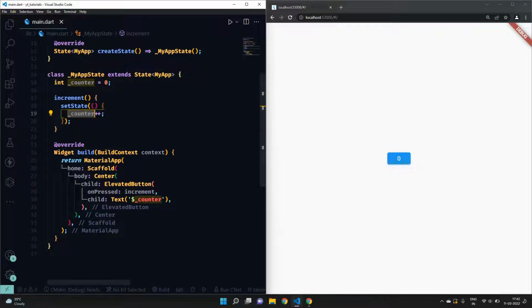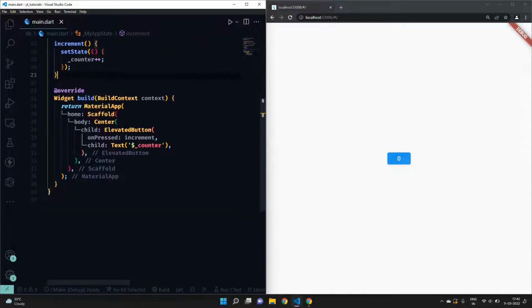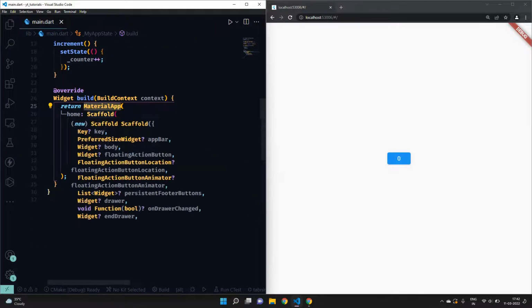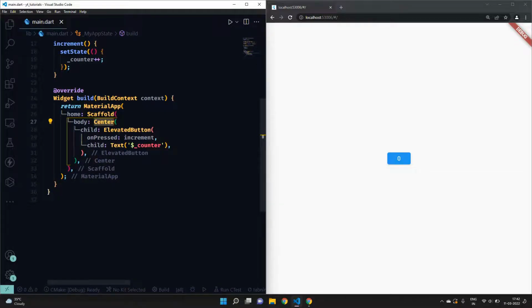Inside this state we are using this variable, which is our counter, and then we are just saying plus plus. Why? Because we need to add 1 to this 0. That's why. And in the return type we are just calling the MaterialApp and Scaffold, then Center, and then